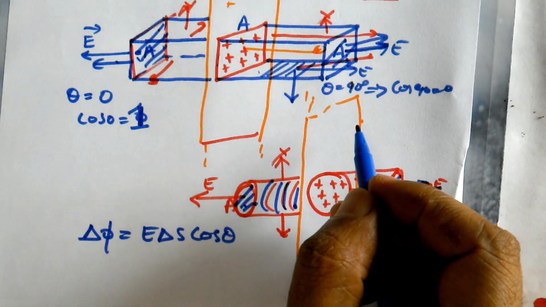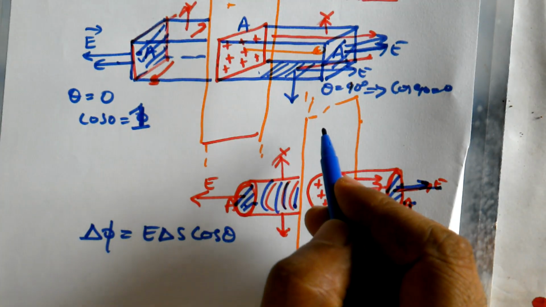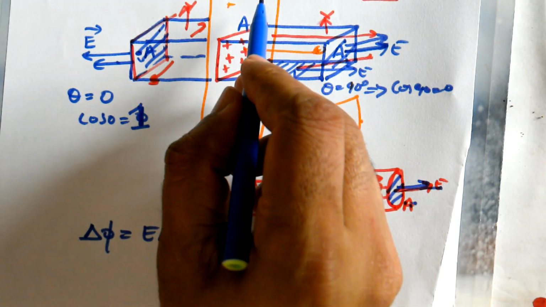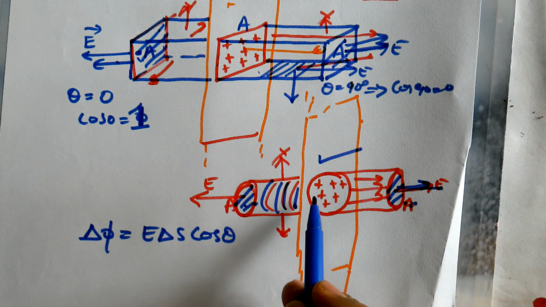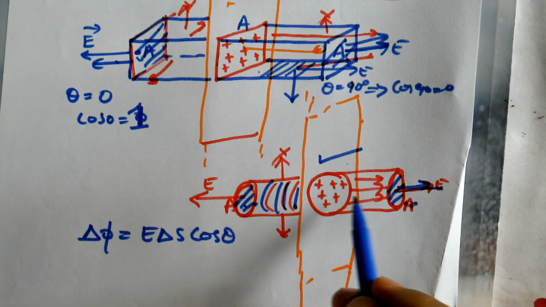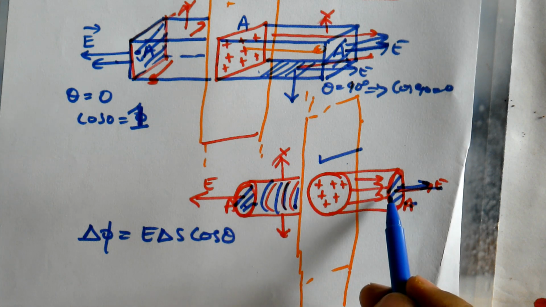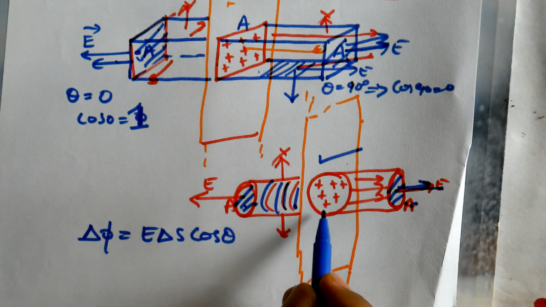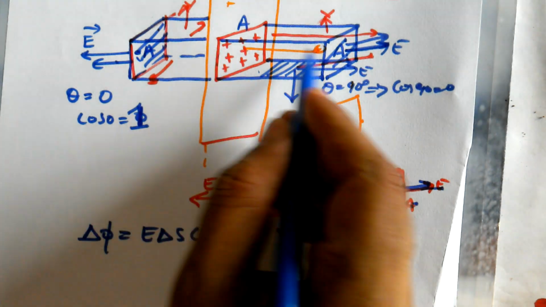In the examination you follow any one diagram, right? Any one is enough. This is also okay, this is also okay, but the picture of this is given in the NCERT book, not this one. But this cannot be used. At one stage they have mentioned a cylindrical Gaussian surface will also do. That is possible, that is true. So you can use this one also. This diagram becomes easier instead of drawing this one.